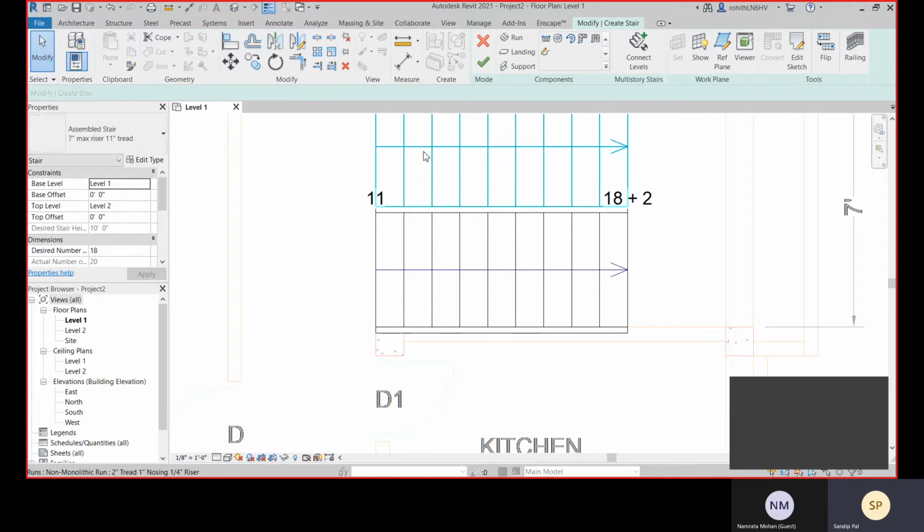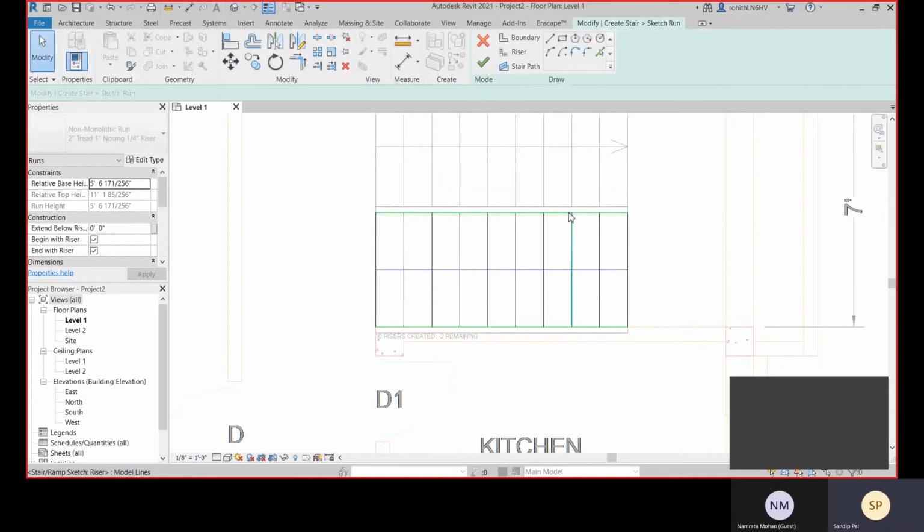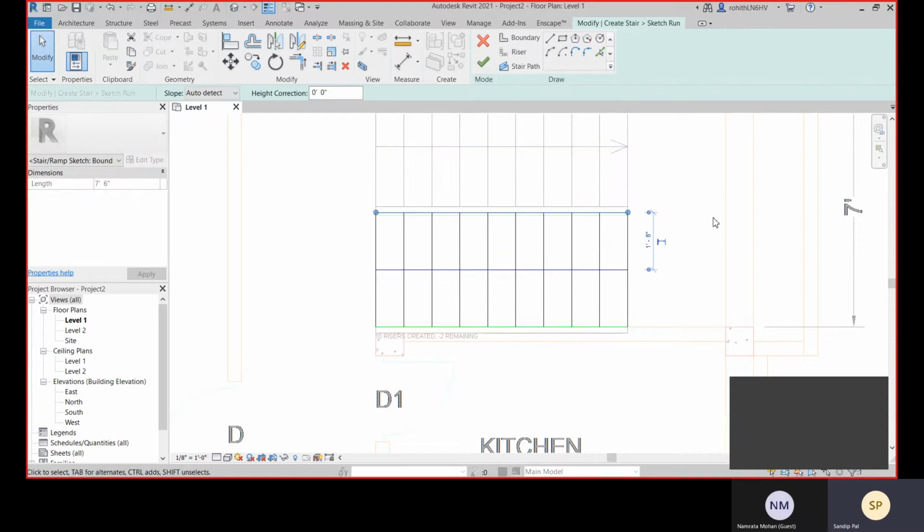See, this has the same direction as this. Okay, that's because I have defined the boundary from this point to this point. Now go to edit sketch, and let me just change it.